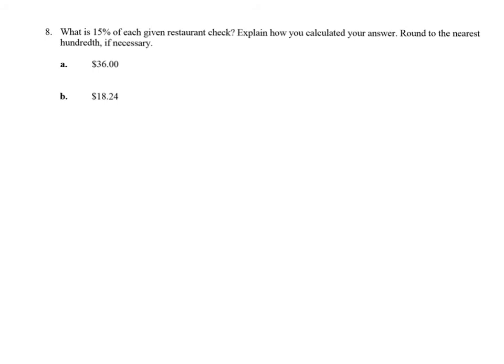Okay, on question 8, what is 15% of each given restaurant check? So they're wanting us to find 15% of each check. Explain how you calculated, show your answer, round to the nearest hundredths, because remember, money is in the hundredths place. So we have $36, so we can do $36, change 15% to its decimal equivalent, which is 15 hundredths, and